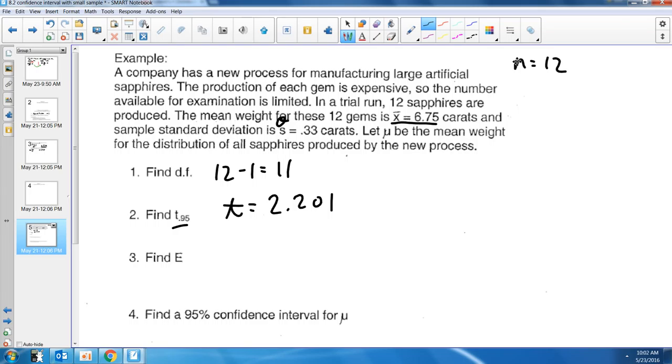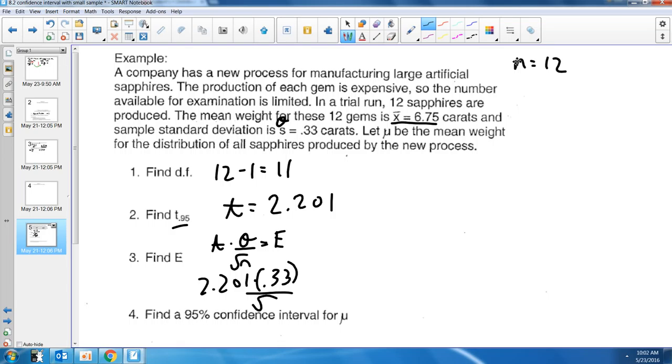Then I want to find my E. When I see E, I'm thinking the zone or the tone here. In this case, it's the tone because it's a sample size less than 30. So I'm going to remember that the error, well, I can say tone, is equal to the error. So then I just want to substitute in 2.201 times 0.33 divided by the square root of,